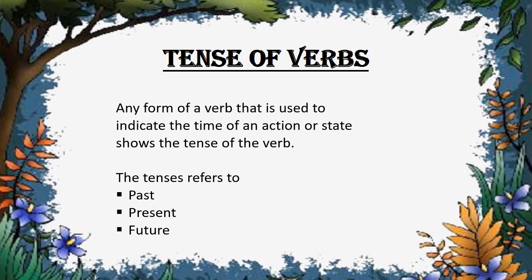Dear children, there are three basic forms in tenses: past, present, and future. Even this you already know, isn't it? Past, present, and future are the three tenses. And tense means time, nothing but time. Tense is time, that's it.